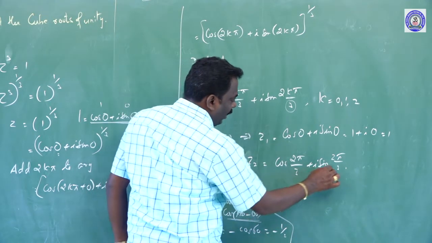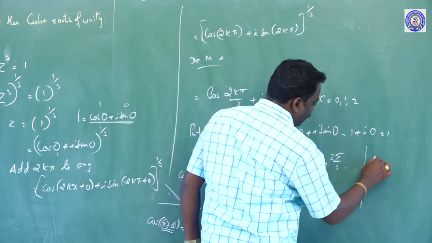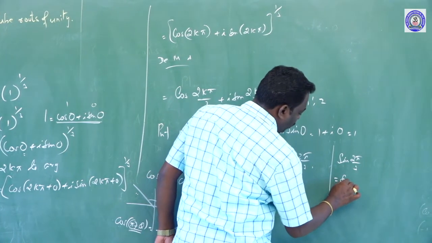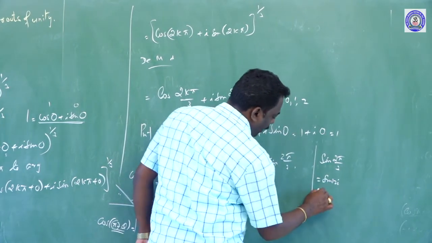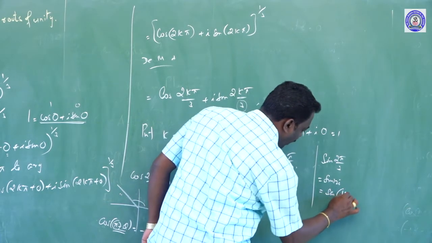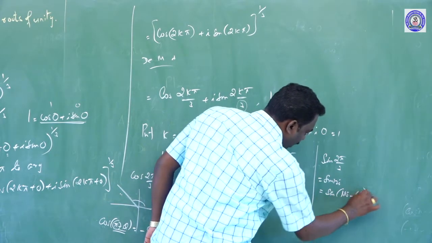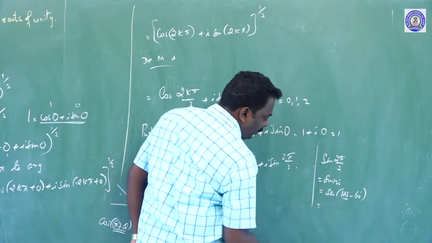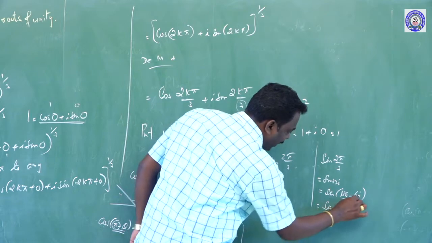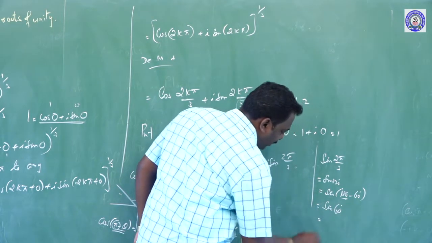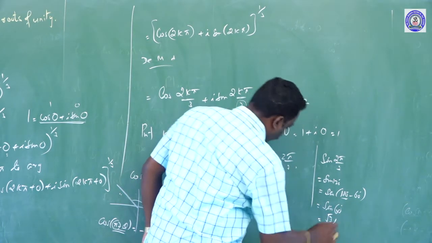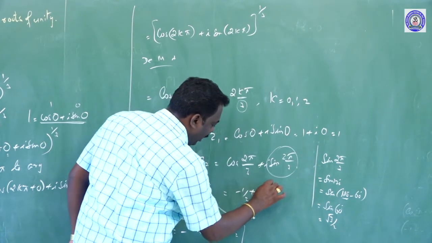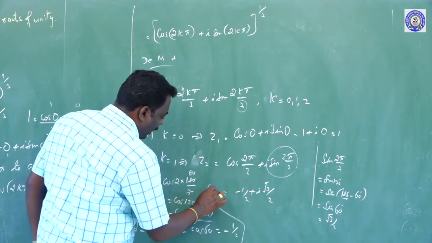Then similarly find out the value of sine. Therefore, sin(2π/3) is equal to sin 120 degrees, that is equal to sin(180 minus 60). Again it lies in the second quadrant. In the second quadrant the sine value is positive, because for supplementary angles sine stays the same, sin θ equal to sin 60, and sin 60 equals root 3 by 2. Therefore, this value is equal to minus 1 by 2 plus i root 3 by 2, and this is the z2 value.